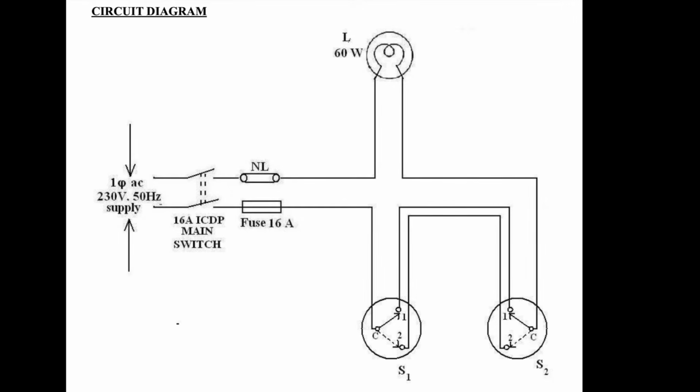Likewise, you have the next condition, that is when switch S1 is in position C2, the current takes the way from common point C to the terminal 2 of switch S1, then it reaches S2. You can see that at terminal 2 there is no connecting rod to the common point C of S2, so there is a breakage, and hence no current will pass through the non-continuous circuit, so the current will not reach the lamp, and hence the lamp will remain in the off condition. So we have wired according to the condition logic that we have written in the condition table.